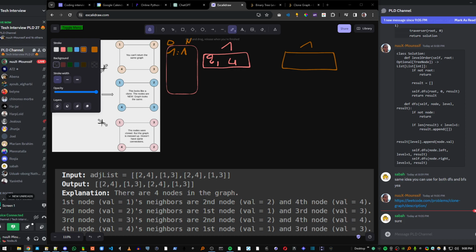But this one is not a reference. This is a new node. So we're going to call node and give it the same value that it has. And it's going to have a neighbor list, which in this case is going to be empty, right? Now we're going to add 2 and 4 to the queue,